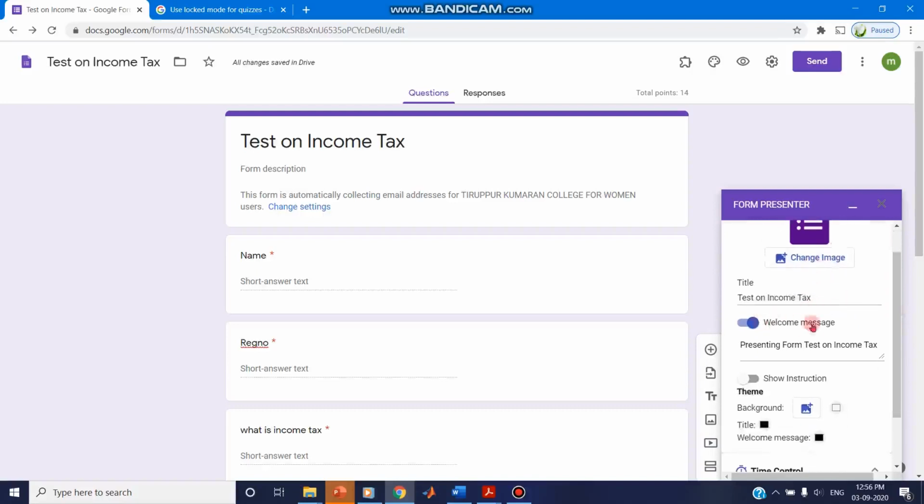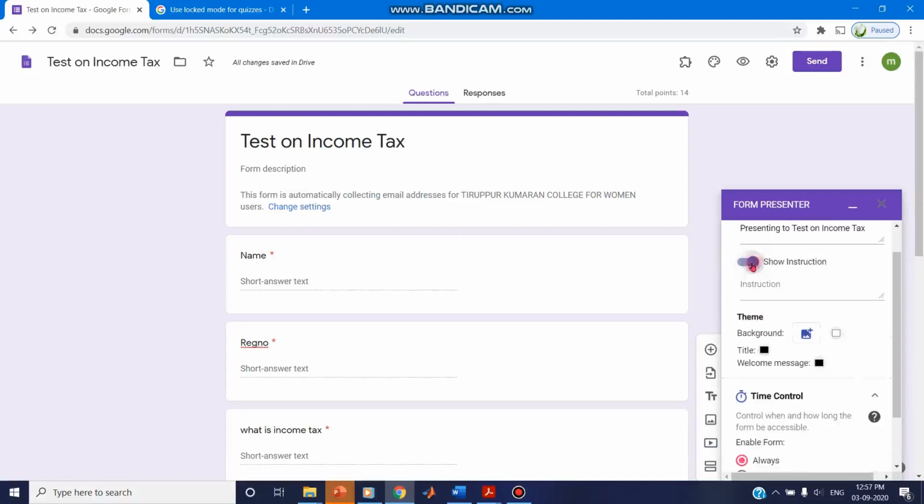You can also give some welcome message, like welcome to test on income tax, and you can give any instructions if you wish. Attempt all questions. Each question carries 2 marks and so on.